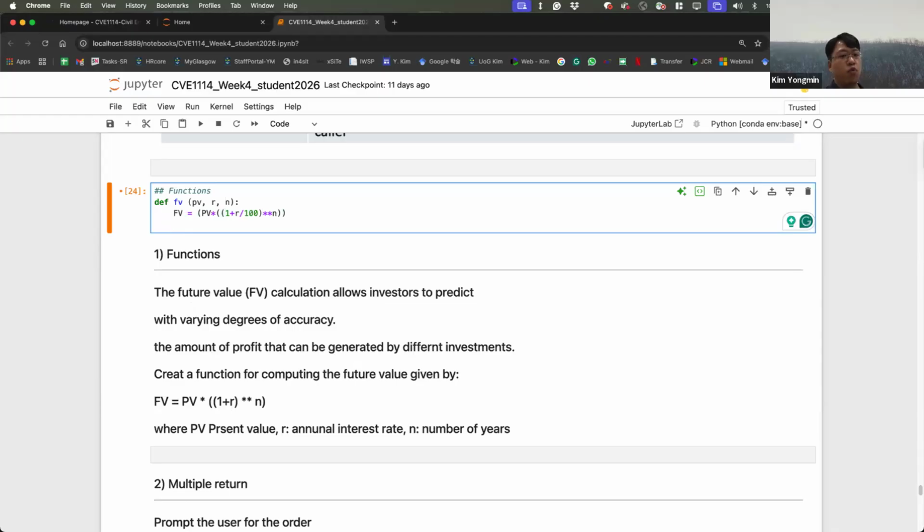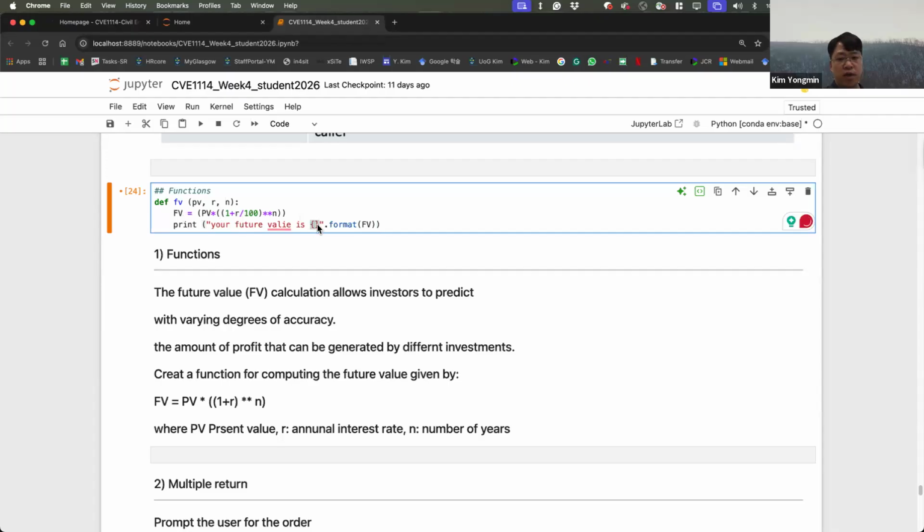And then one more expression, print "Your future value is" dot format, this future value FV.